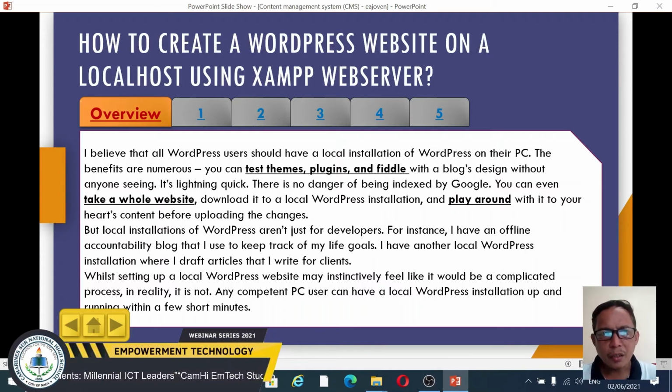The benefits are numerous. You can test themes and plugins and fiddle with a blog's design without anyone seeing.